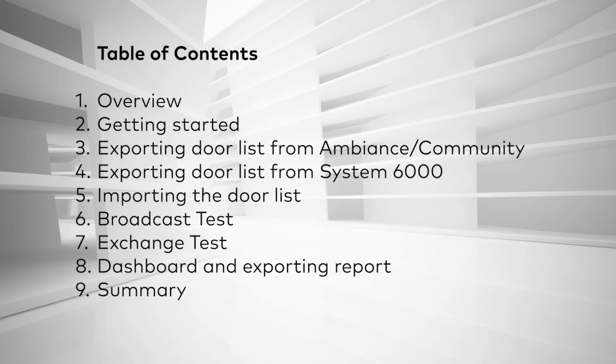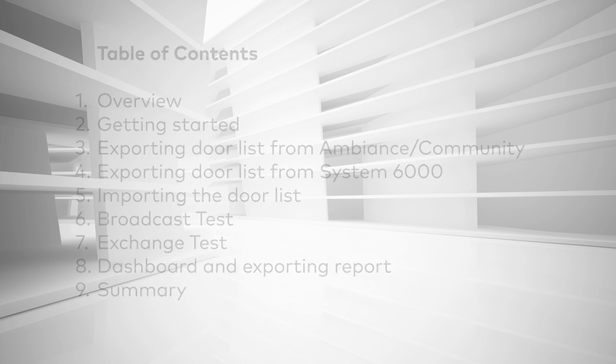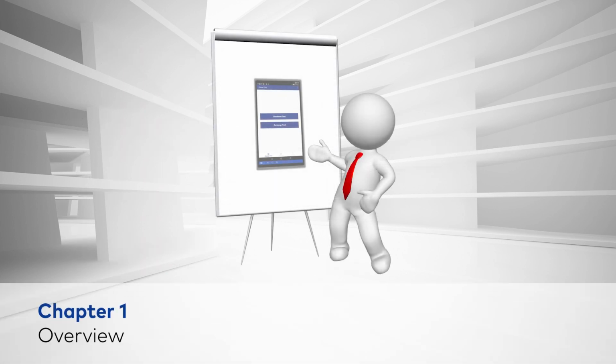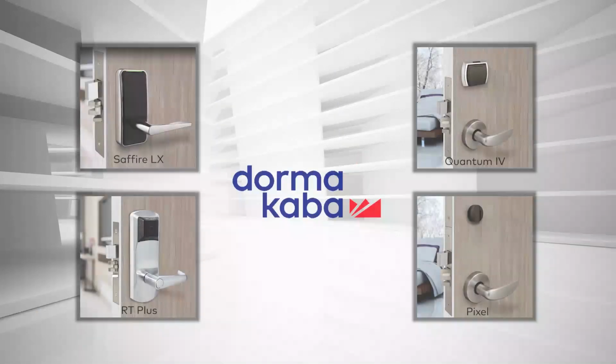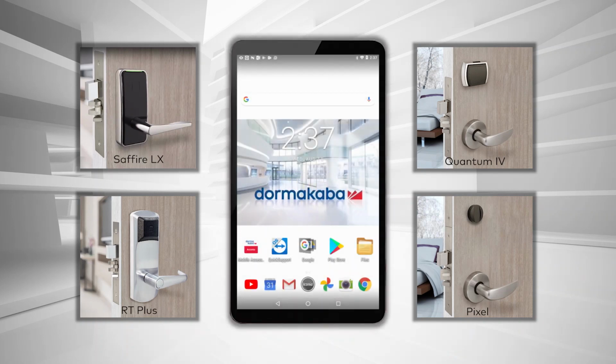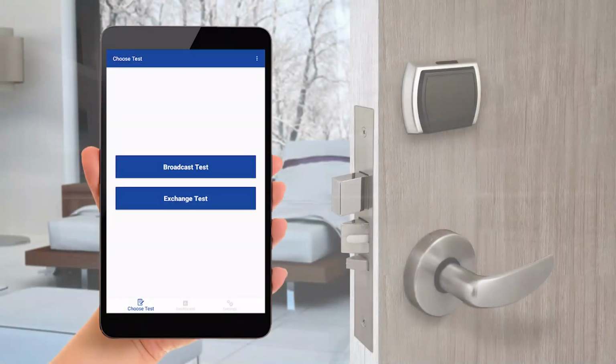Table of Contents. Chapter 1. Overview. Customers that purchase Dormakaba BLE-enabled locks will receive an Android tablet pre-installed with the Mobile Access Diagnostics app configured specifically for their property. The tablet is a Dormakaba device that allows the property to test, validate, and diagnose their BLE-enabled